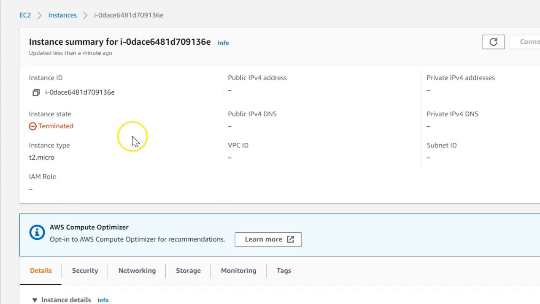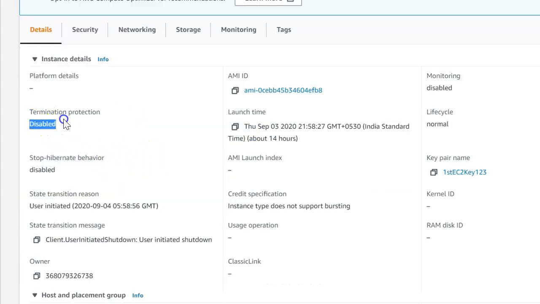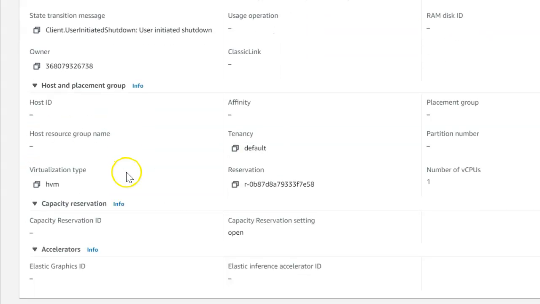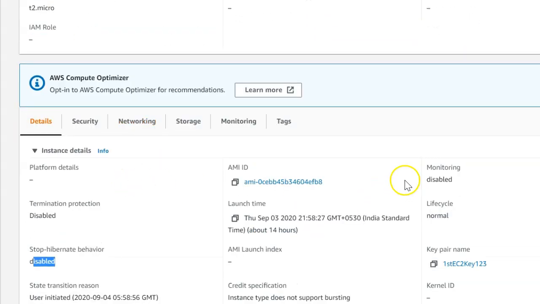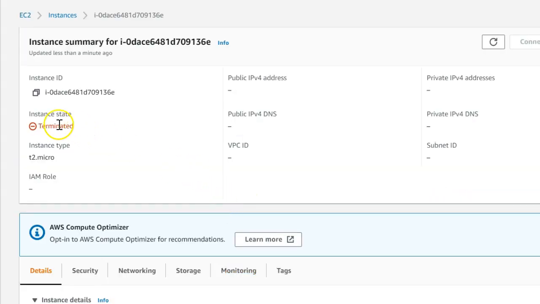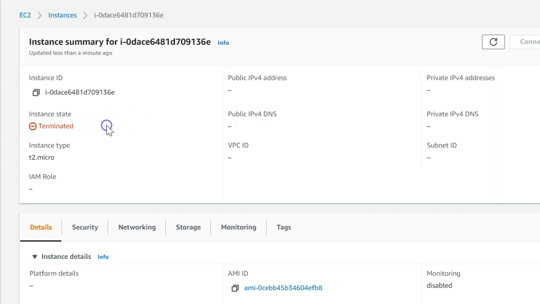If you go to the terminated instance, you can see it's disabled, and you can get a lot of information here. All these are disabled, and the instance state is terminated. I'm just showing you how it looks if you have terminated an instance.